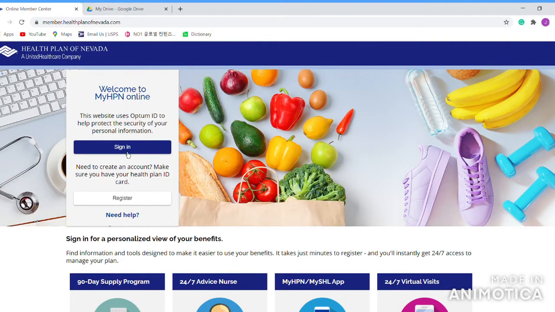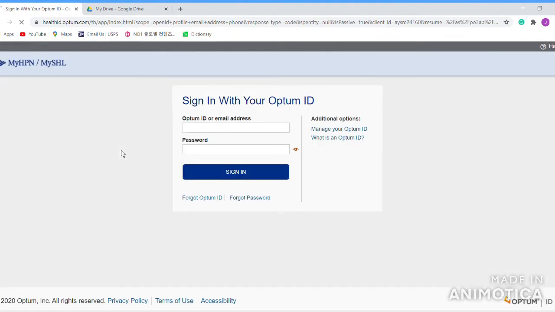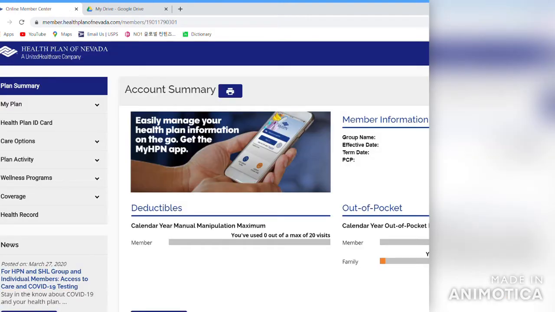And there's a sign in button on the left. Click it. So you need to type your Optum ID or email address and password and click sign in. Once you've signed in, on the right side there's member information and you can find your PCP on here. So I want to change it, so